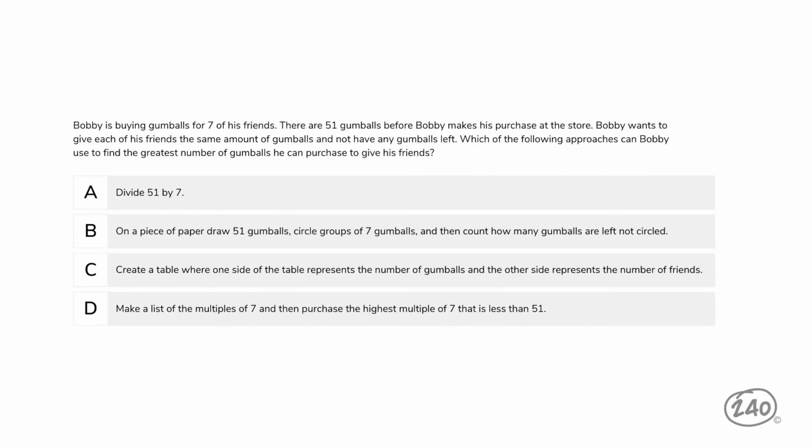Bobby is buying gumballs for 7 of his friends. There are 51 gumballs before Bobby makes his purchase at the store. Bobby wants to give each of his friends the same amount of gumballs and not have any gumballs left. Which of the following approaches can Bobby use to find the greatest number of gumballs he can purchase to give